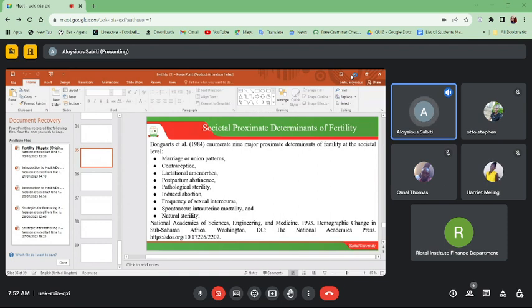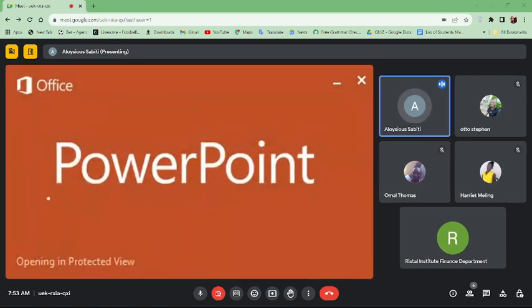So these socioeconomic factors first affect someone's marriage or someone's contraception. These key proximate determinants that Bongaarts is talking about, and therefore, for example, someone's level of education may affect their uptake of a particular contraceptive, or someone's place of residence may affect their access to a particular contraceptive service,